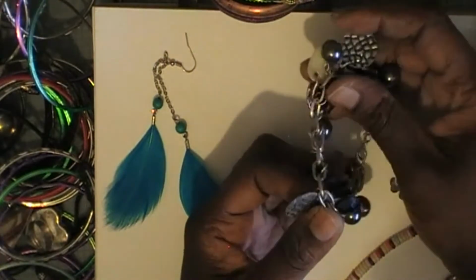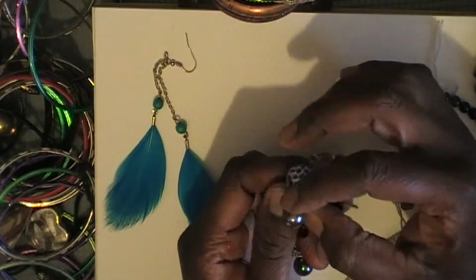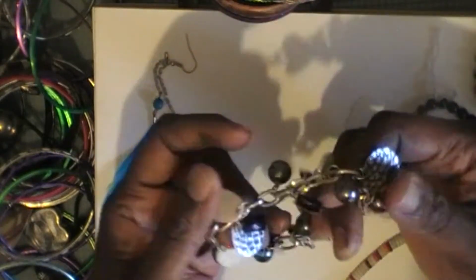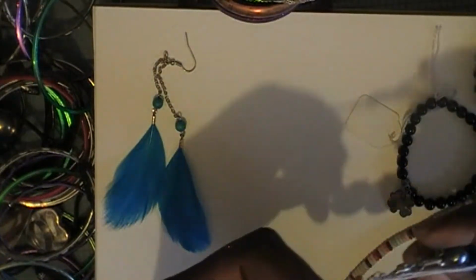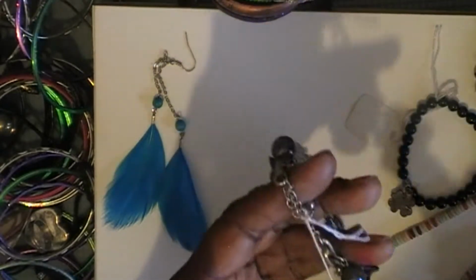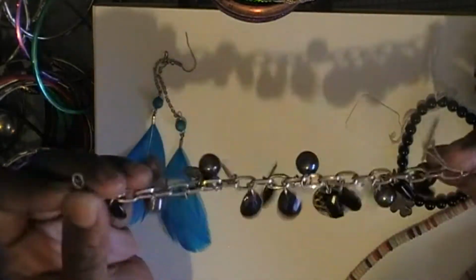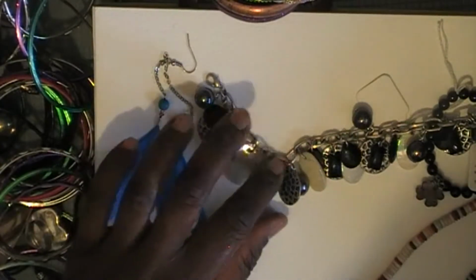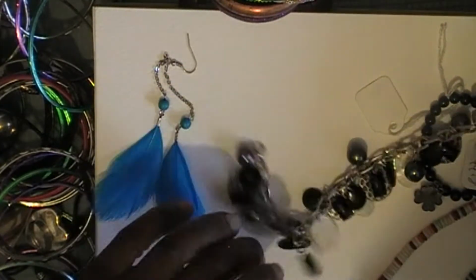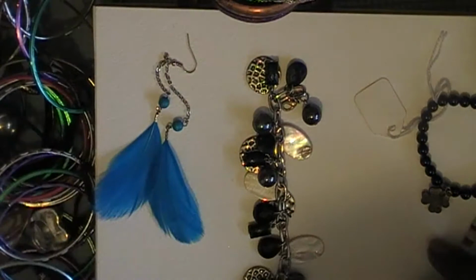And the chains, so you can use the chains in the project, you can use the beads. These are quite heavy beads, these ones. Or if you wanted to, you could wear it. It's all intact. This would have cost £3, but this whole bag cost me £5. And you've got all of these things that if you bought them individually, if you went to a craft store and bought them, you would pay a lot more money. For what I've found in the bag itself,